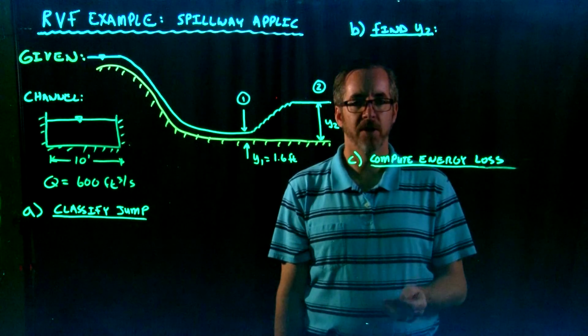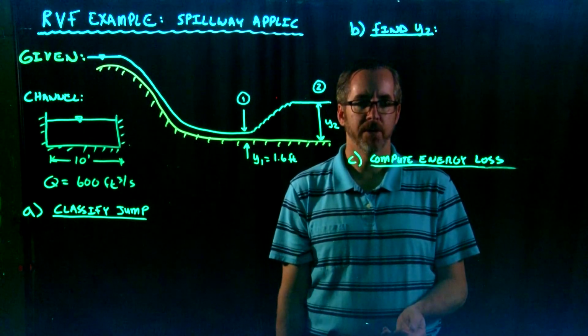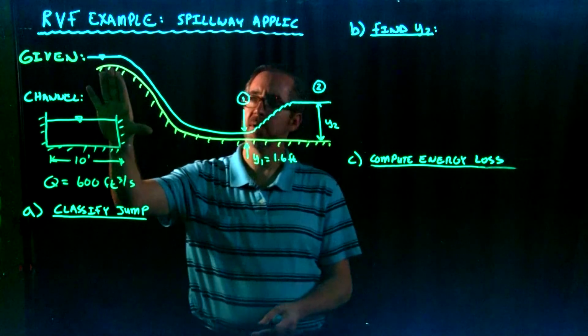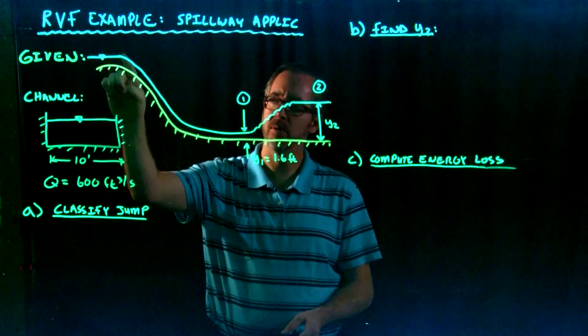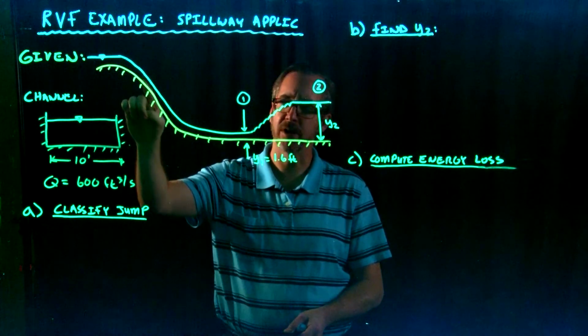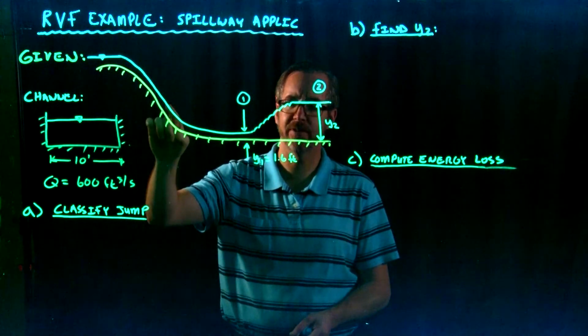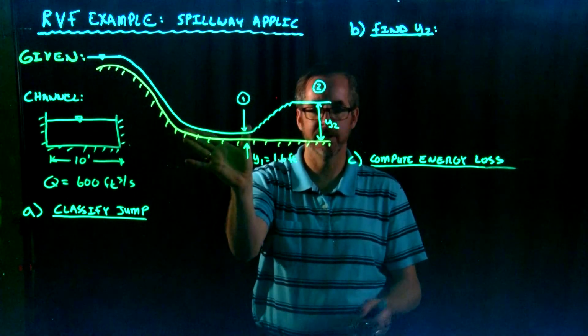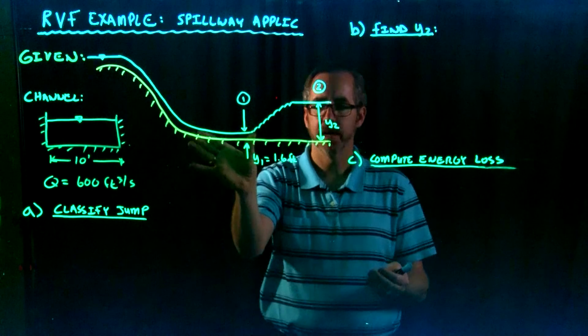This is an example of a rapidly varied flow application in which we have a spillway. We have water coming down a spillway. As it comes down the spillway, of course, it's coming down as a supercritical flow. It's coming down really fast, large Froude number. It gets to the bottom of the spillway, and through conservation of energy, it's going to do what we call